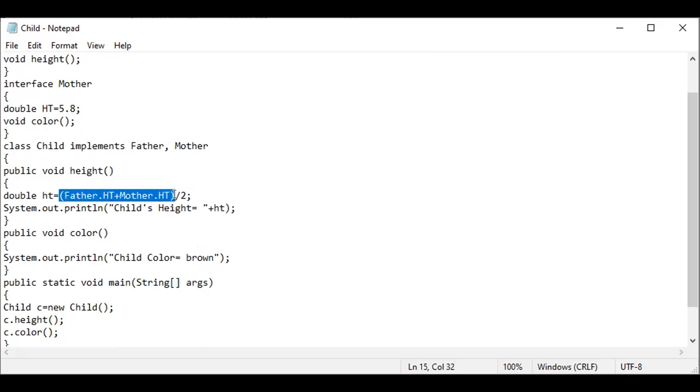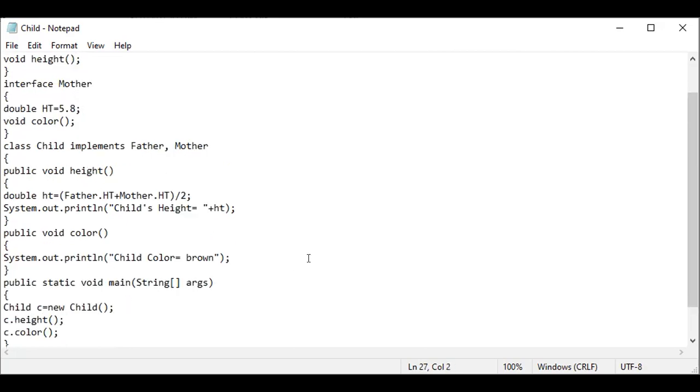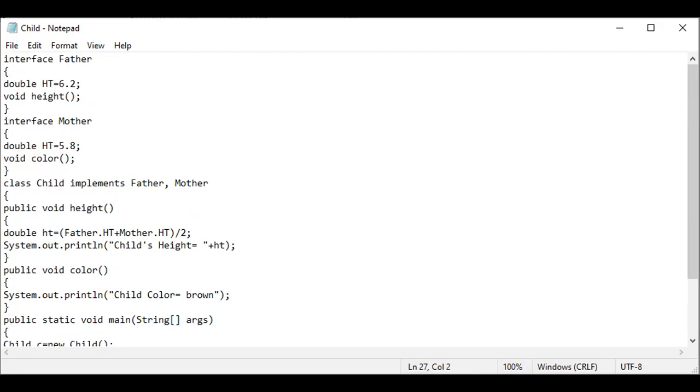We are taking father height plus mother height by 2, so printing that as the child height. And the color method from the mother interface, it implements on its own. The main method contains the declaration of a child class object to call these two methods. This is the logic of this implementation. Go to the execution part of this one.